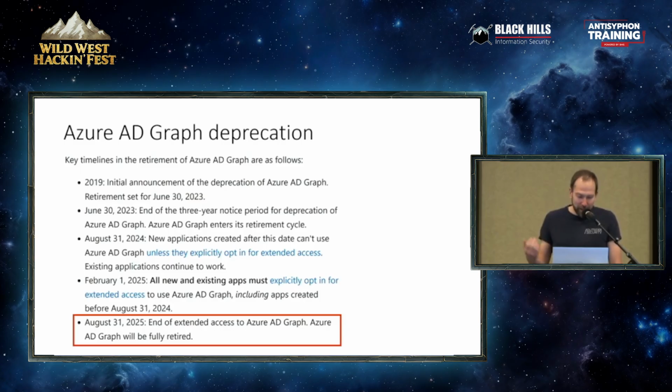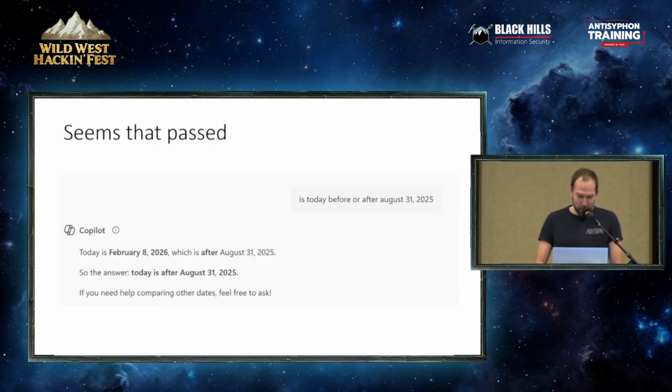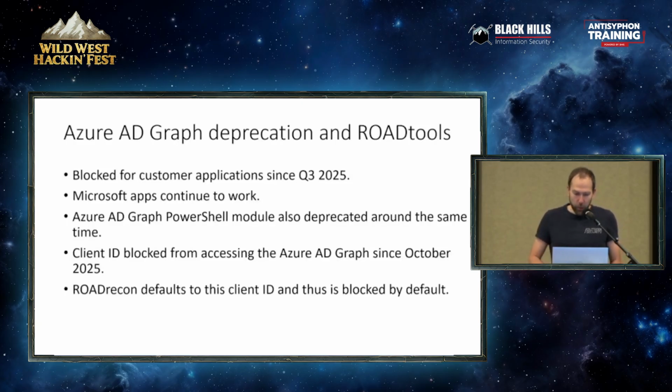Of course, normally I would look at the calendar and see that August 31 was in the past. Just to be sure, I also asked Copilot whether we are before or after August 31st. Then I asked it, does that mean that Microsoft lies to us? And it had a very nuanced answer. With that, of course, it's hard to deprecate everything at the same time. There are still a lot of dependencies on that, so it does still work.